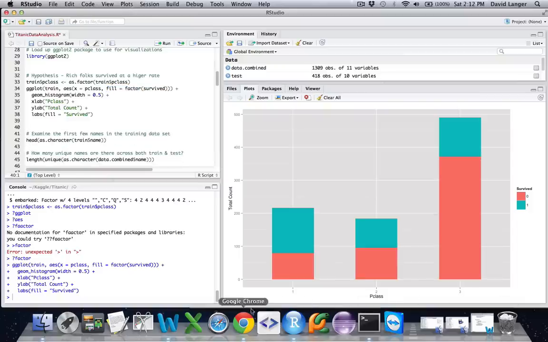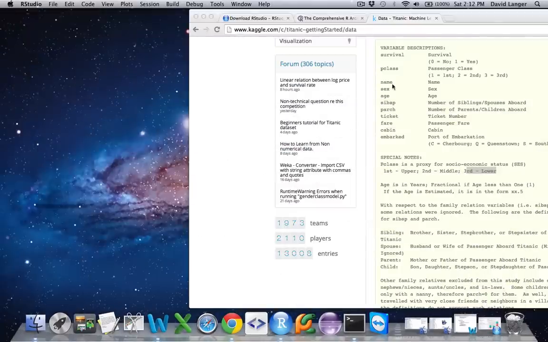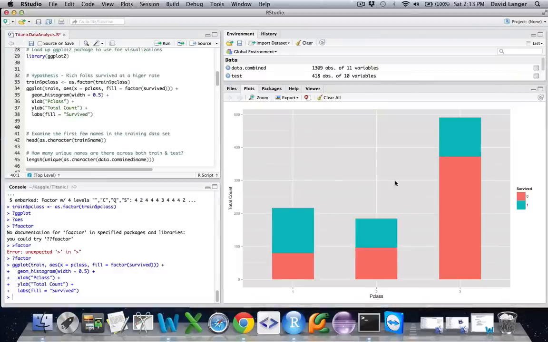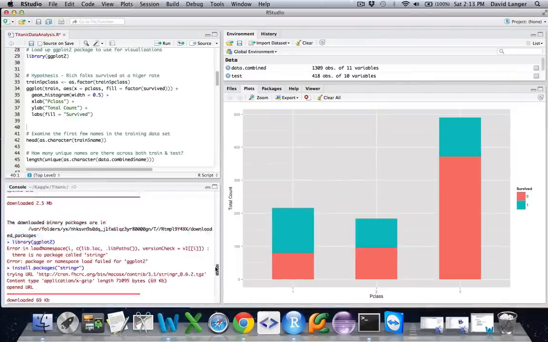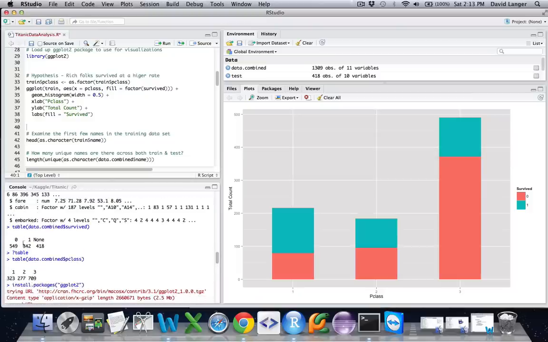Now, if we go back real quick here to Chrome, we've kind of taken a look at these two variables initially. We've said, hey, let's take a look at the initial survival rates. What's the distribution? How does that work? Let's take a look at the P-class variable. What's the distribution? And we've also combined those two in this pretty intuitive plot, which is arguably more informative than just looking at these previous table presentations that we saw earlier, right? These right here. I mean, this is interesting, but when you combine the two visually, it really does pop.